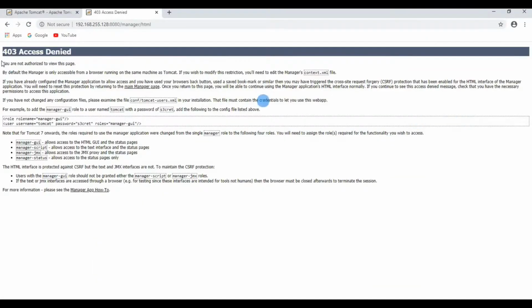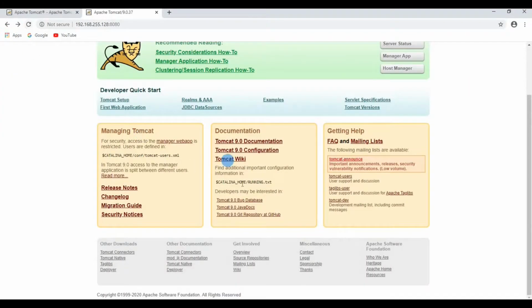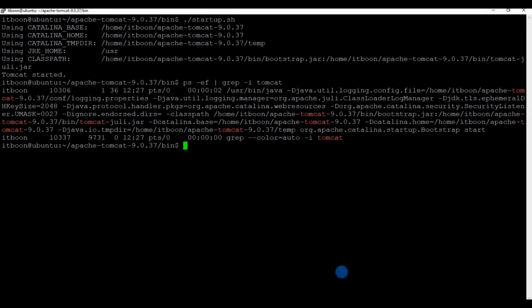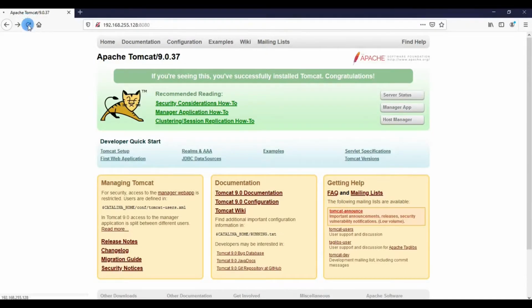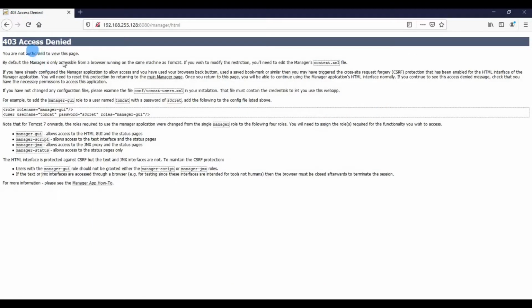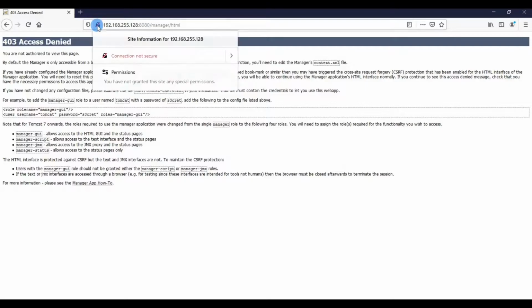Click on manager app. Still it's not working, and I think there should be some other settings we need to take care of, as the manager app setting is not working. So I'm just retrying multiple times to verify that. Okay, it's not working.